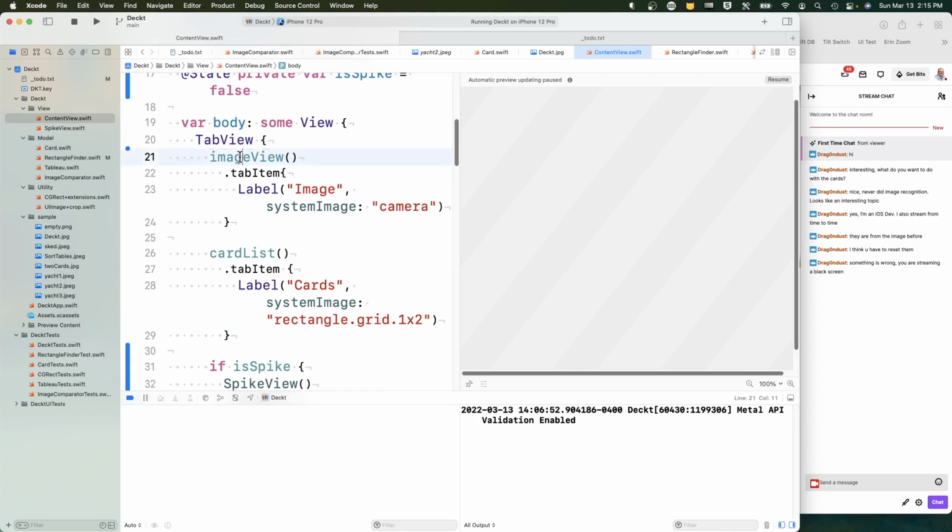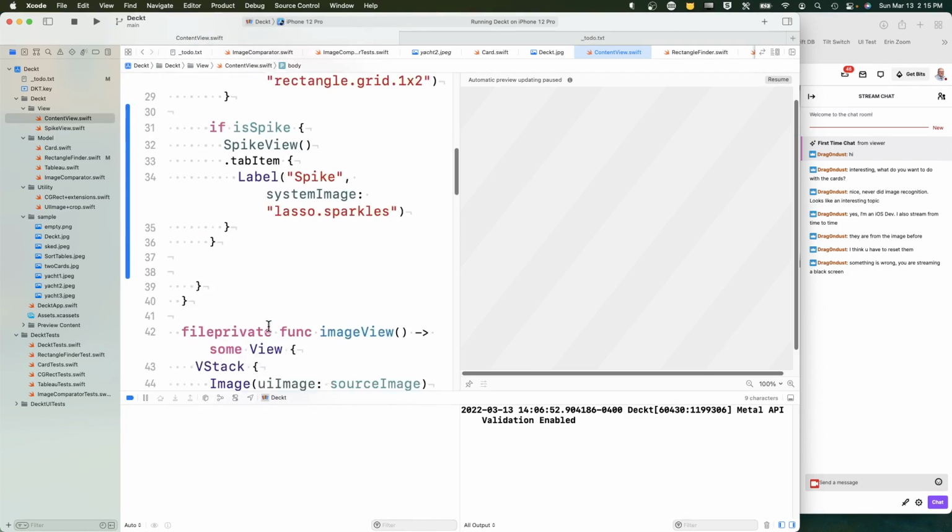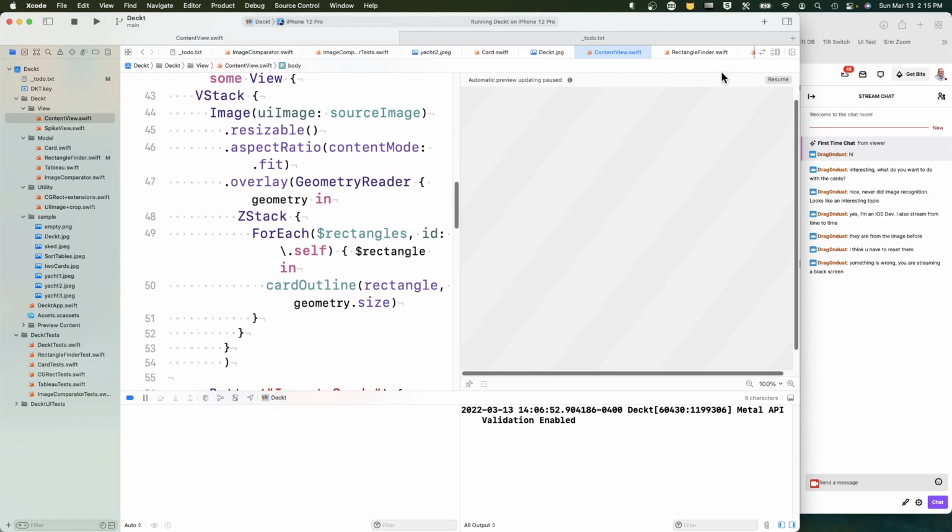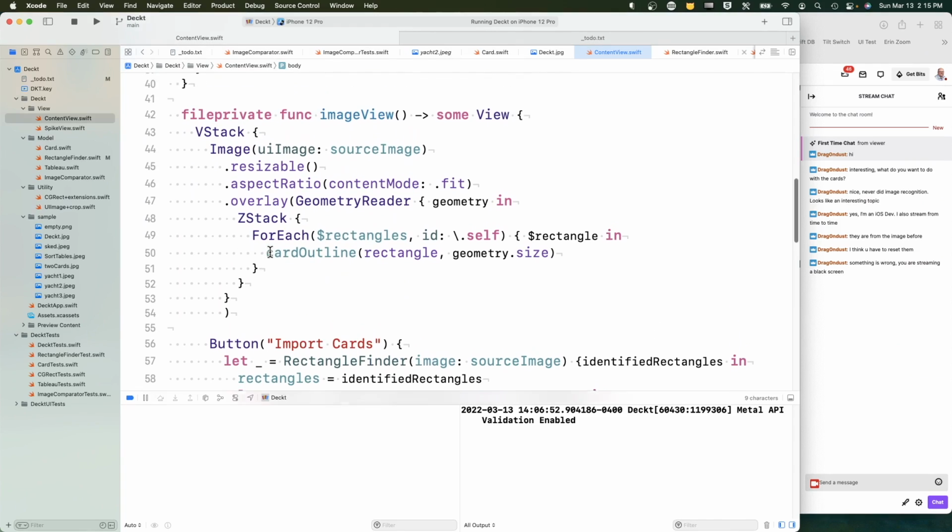Okay, so image view is what we're looking at. Let's see what's going on there. Okay. All right, so we are stacking. Here's the Z stack. We got the image. We overlay the rectangles with the card outline. Card outline rectangle geometry dot size. So geometry,